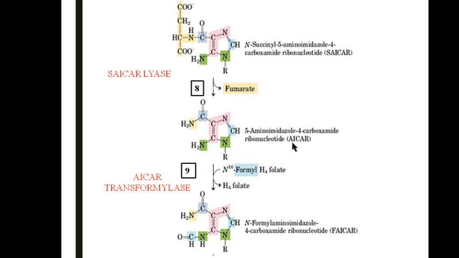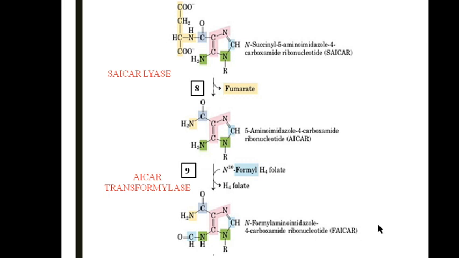Then at this junction what is happening, after the formation of AICAR, the only atom that is left is again C8. The C2 we have got already added in the earlier reaction. I told you that carbon 2 and carbon 8 are derived from the formyl groups. Now the AICAR transformylase enzyme is going to donate its carbon atom to the molecule. Thus it is going to become N-formyl amino imidazole carboxamide ribonucleotide, that is FAICAR.